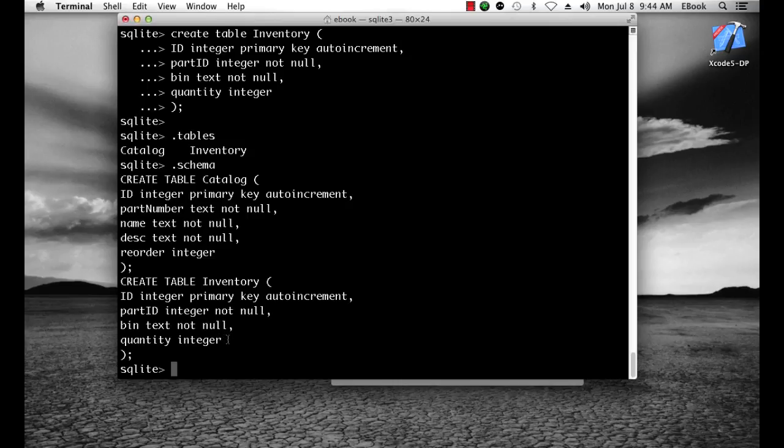Now, we know that we're going to be inserting and deleting and selecting from these tables and updating the table information from the application. And we'll see how to do that in the next few demos. But for now, let's just put some test data in catalog and then do a select to see if our data came in. We know that the ID field is going to be auto-incremented. It will be handled for us. So let's just do an insert query. Insert into catalog,